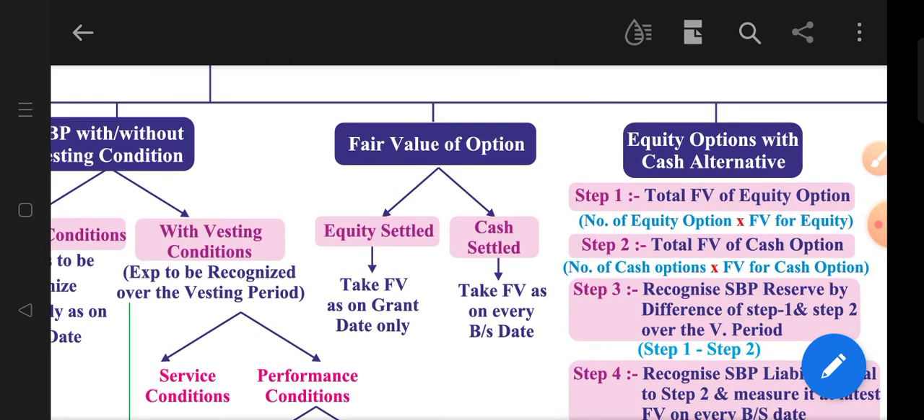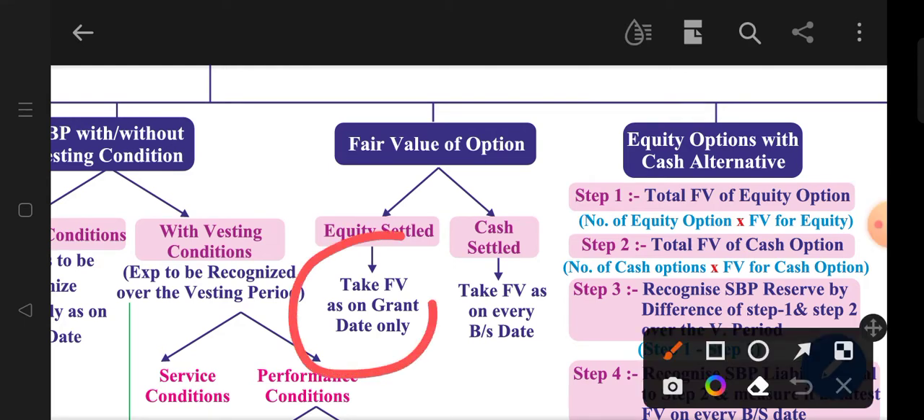What is meant by the fair value of the option? In case of equity settled, we have to take the fair value as on the date of grant. Okay, grant date, meaning whenever they grant the equity, whenever they grant the share based payments, as on that date, what is the fair value, based on that we have to take the fair value. Okay, then cash settled, in case of cash settled, take the fair value as on